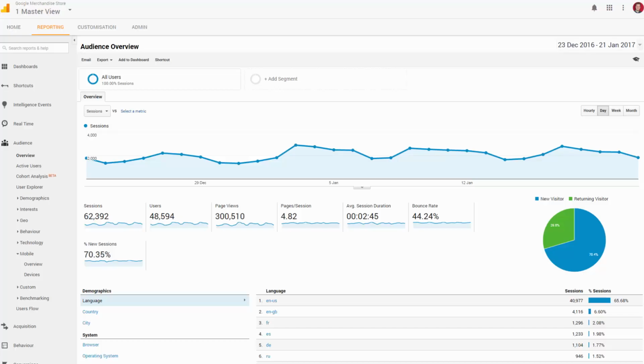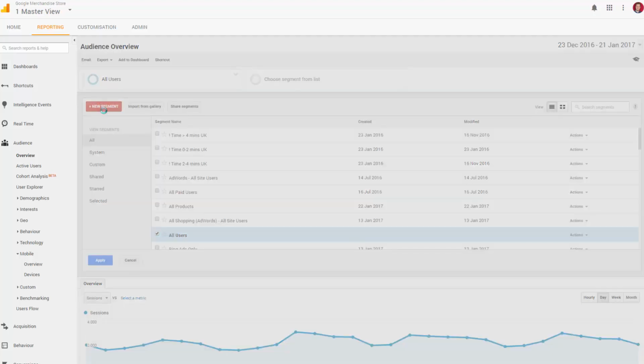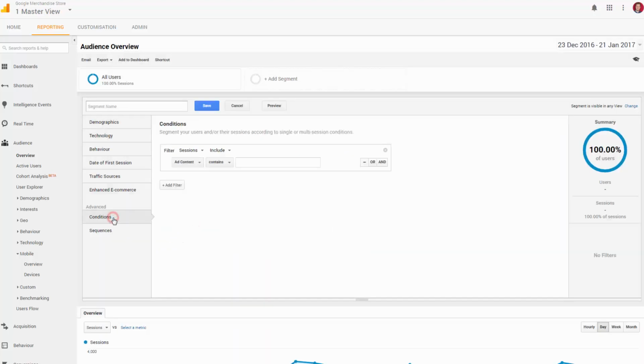Now we're going advanced on campaign performance, going beyond just click and session data. You can build your segments directly from the Conditions tab, which once you're familiar with is the best option for creating segments going forwards. Let's build a segment for a specific AdWords campaign to see the power of the custom segments in action. We will see the sessions, the behavior elements, and of course the conversion or transactions associated with